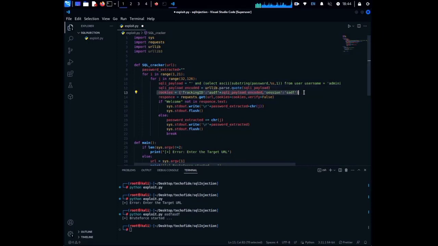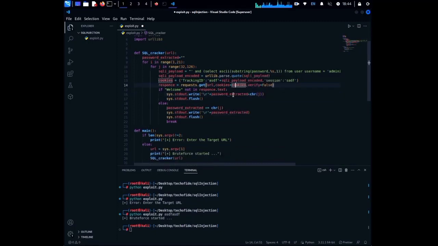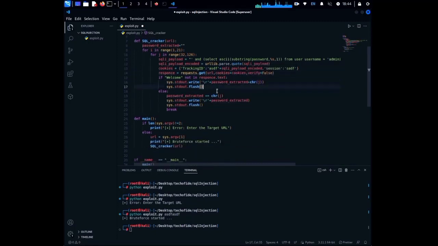Because the cookies parameter is vulnerable, we are appending our payload into the cookies tracking ID parameter. After appending that, we are simply saying here verify as false, which is for the SSL certificate warnings, and then this loop goes on with the response from the server checked for the presence of the welcome message here, and then we will say